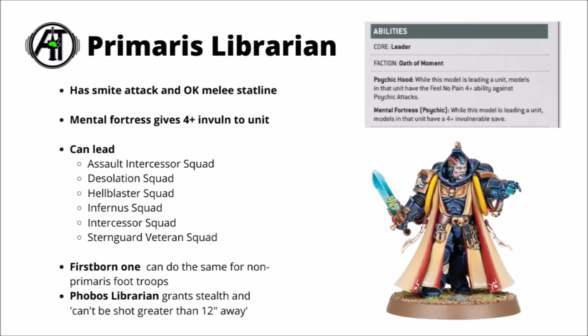Next up we've got 4+ invul saves in your units for 1 character buff. Librarians have definitely become a lot more restrictive now they can't choose their psychic powers, but at least they do get some meaningful buffs out of them. We'd already seen that the Terminator Librarian gets sustained hits 1 for the Terminator attacks, a nice damage boost there that's kind of akin to old Captain sort of powers,